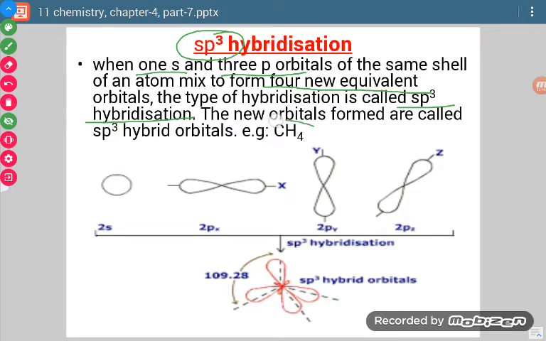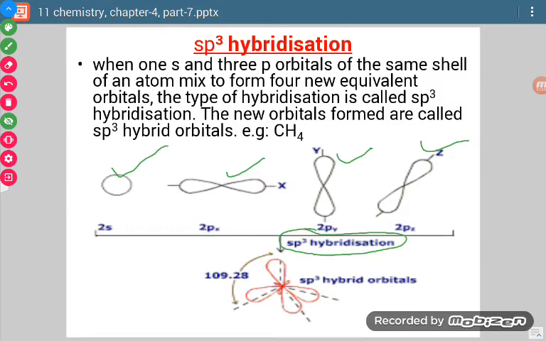Okay, so if we take methane molecule, then there is existence of sp3 hybridization. So how do they combine? This can be seen from this diagram. One s orbital and these 3 p orbitals are combining, so a total of 4 are combining and undergoing sp3 hybridization, and 4 hybridized orbitals will be formed. This is the shape of a hybridized orbital. So such 4 will be formed, and those 4 will align themselves in tetrahedral geometry.